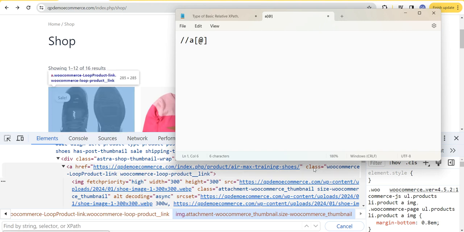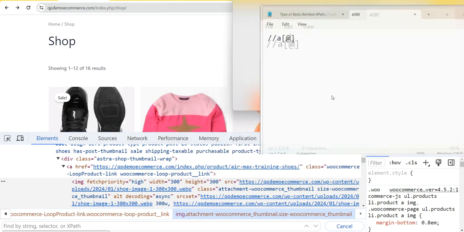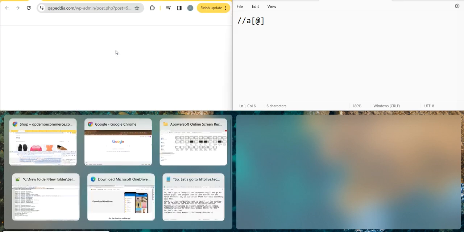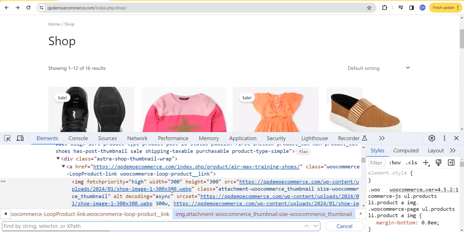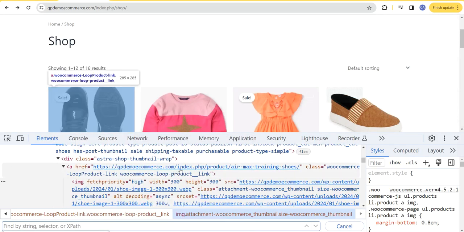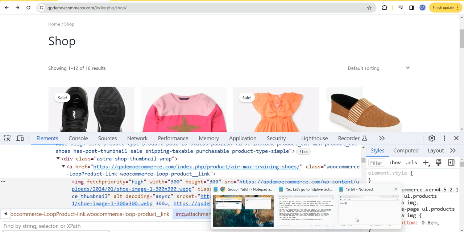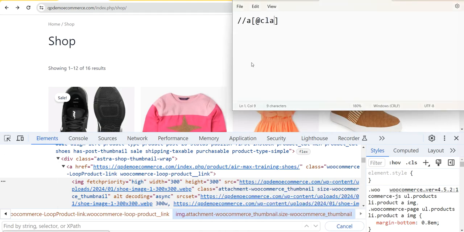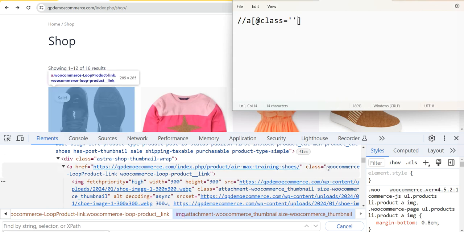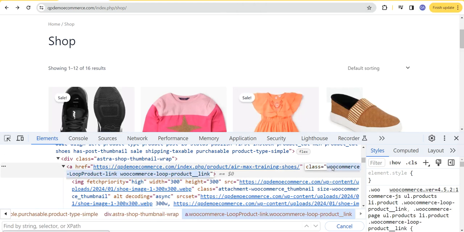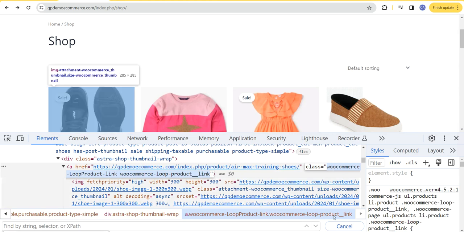So we are choosing class. href is also there, but the href value is too big, so we are using class. The class property is somewhat small as compared to that. So we'll take class equals to, in single quotes, and then we will copy this particular property,